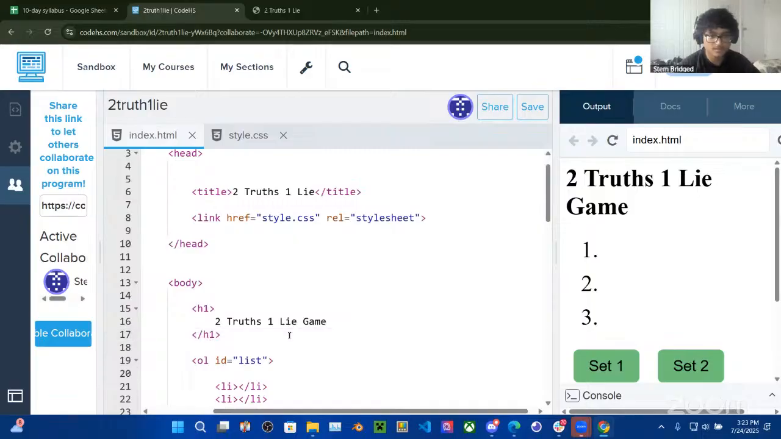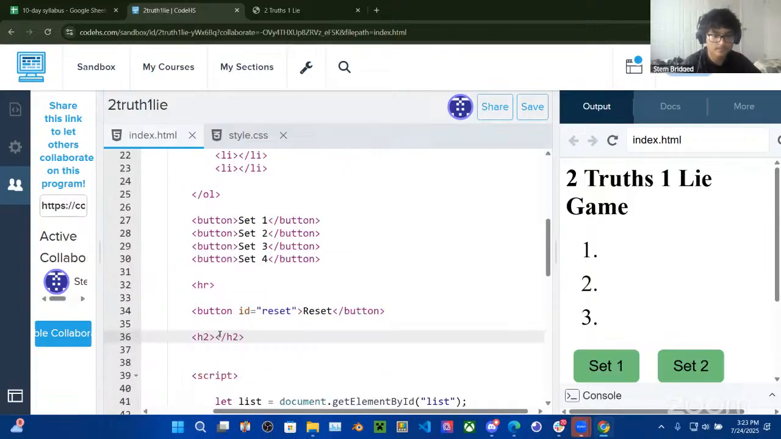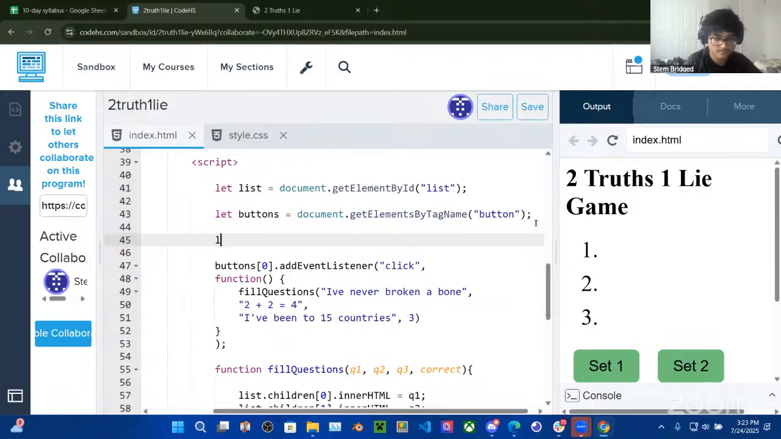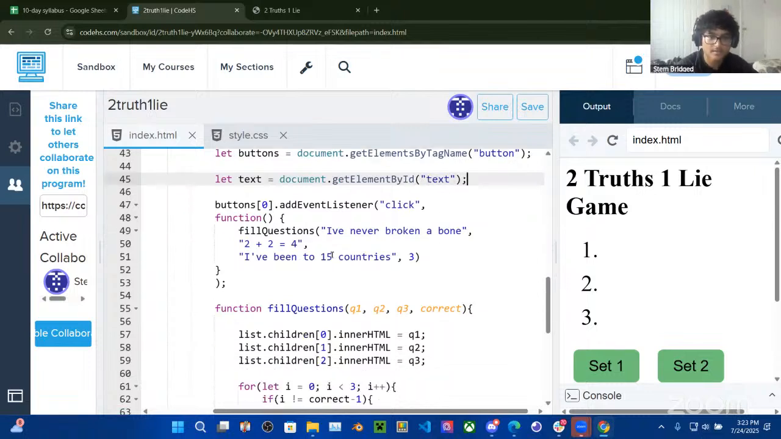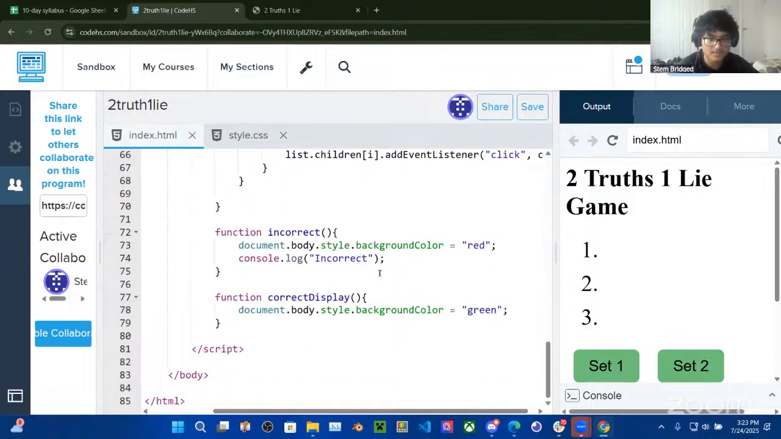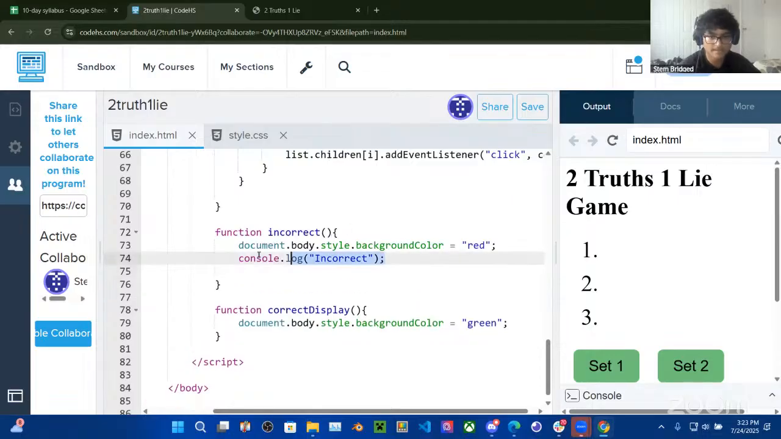So I'll just make an H1, call it text warning or something. I'll just say text is fine. And then there. So instead of using prompts to show stuff on the screen or using alerts, instead put everything inside of this text. So when it's incorrect, say